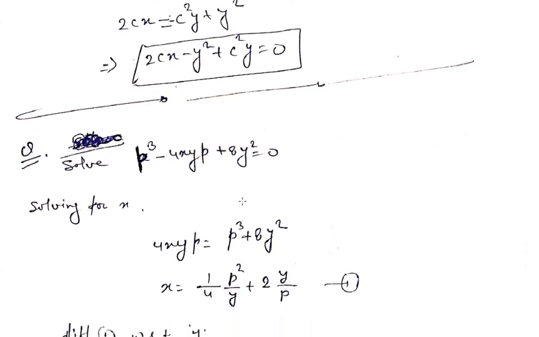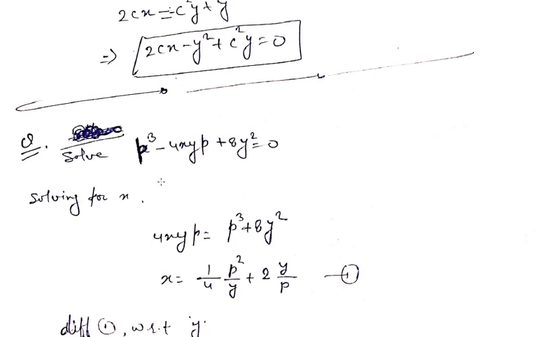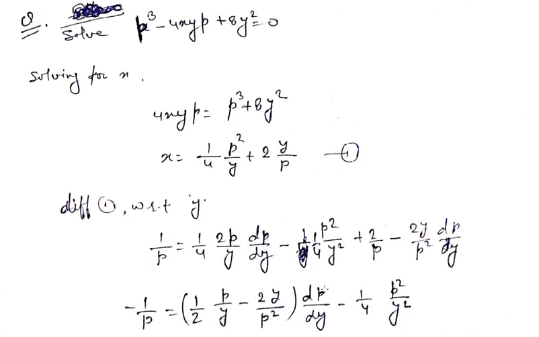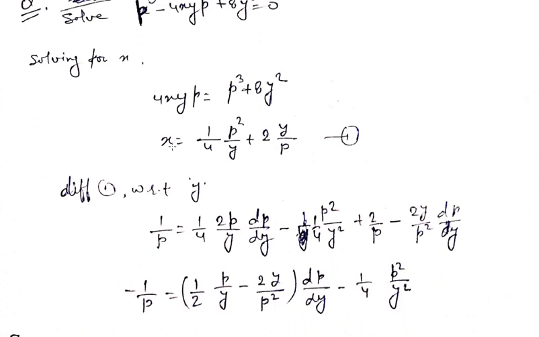So when we solve it for x, first we have to find the value of x, which is x equals 1 upon 4 p square upon y plus 2y upon p. Divide the whole equation by 4xy, we get this equation. Now we will differentiate equation 1 with respect to y. So in the left hand part we get dx upon dy, which is 1 upon p. Here 1 upon 4 is constant. The derivative of p square is 2p dp upon dy, and 1 upon y